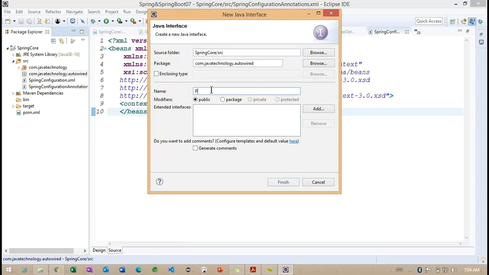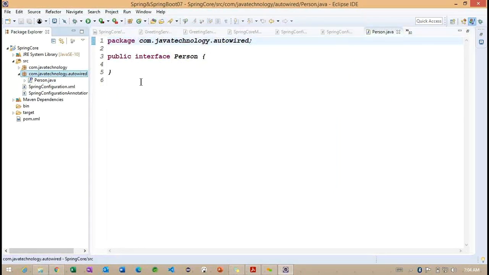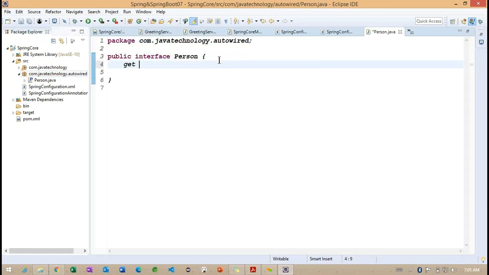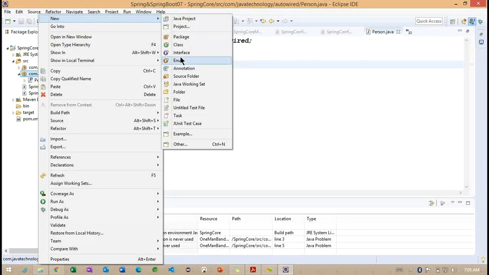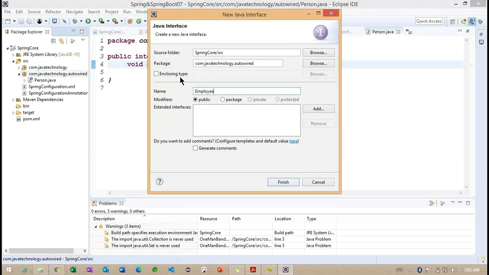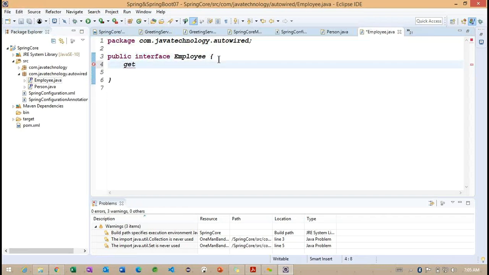I want to check with an interface called Person, and I'm trying to work with two examples here, the first one Person, and the second one Employee.